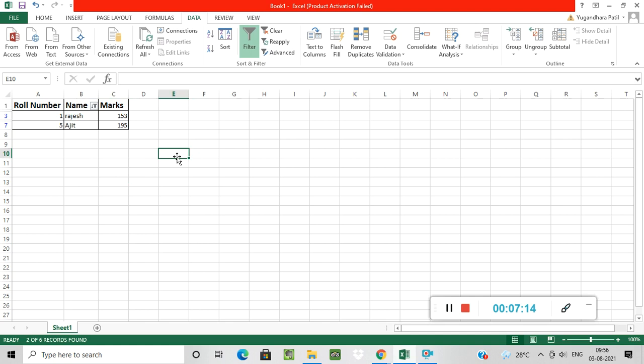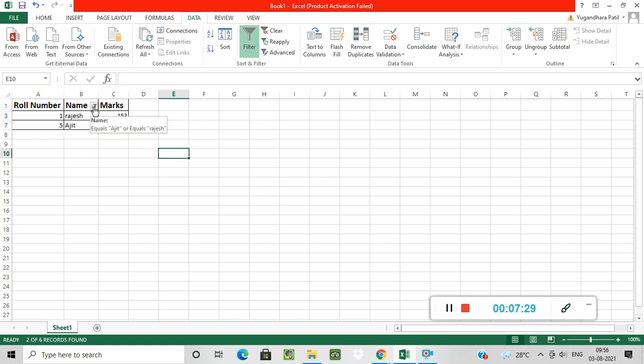So this is a very small table. If you have a big table in Microsoft Excel, then the filter option is very easy to use and very useful actually.